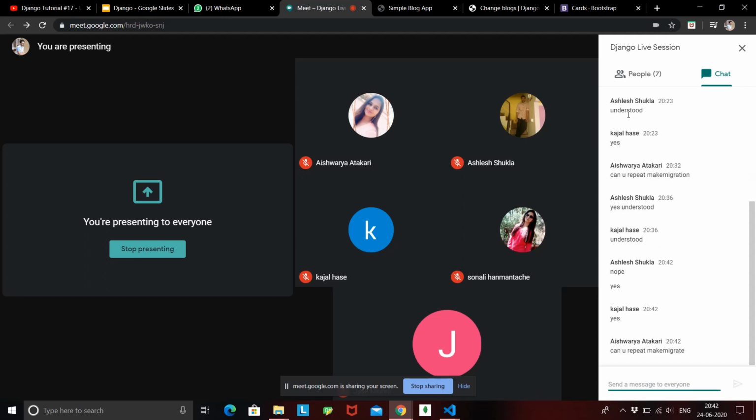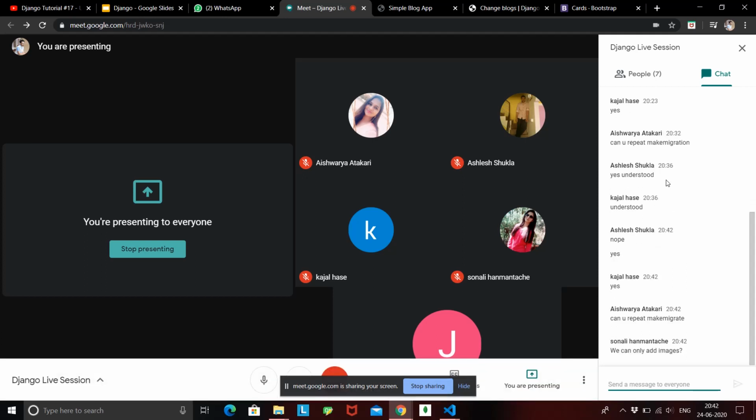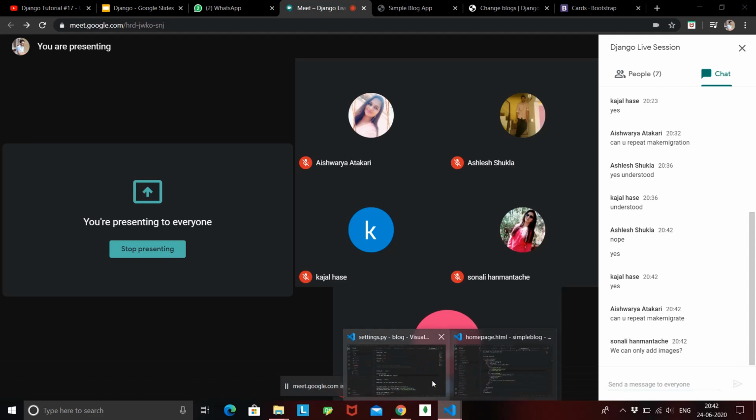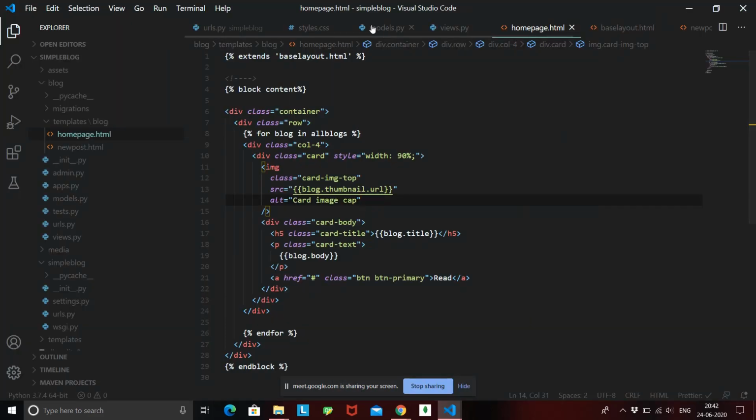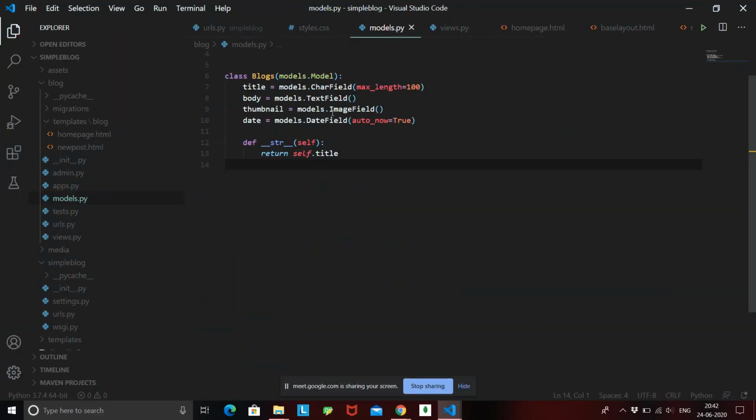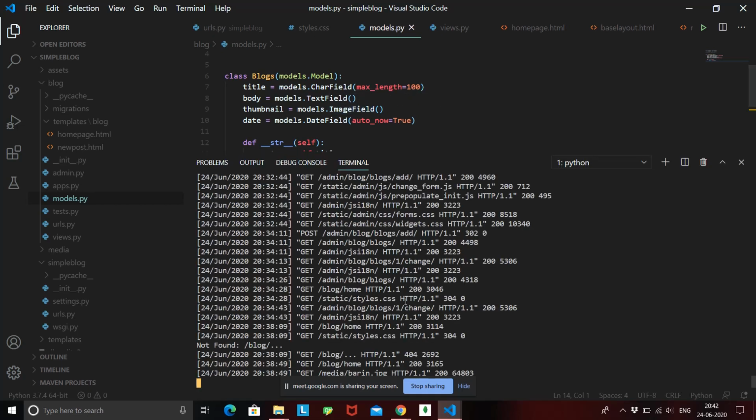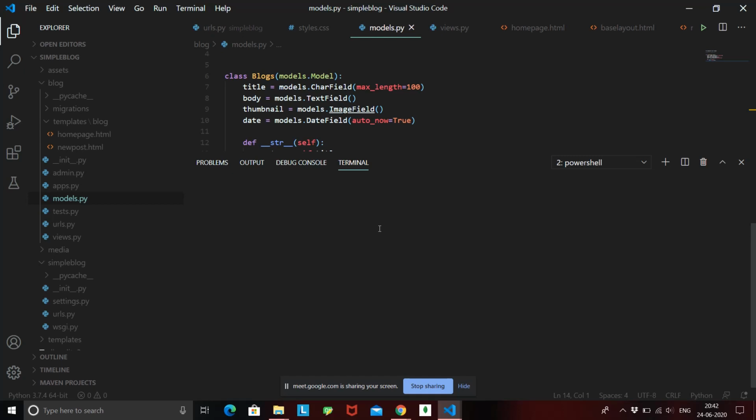Okay, you want to repeat the migrations. Okay, so it is not very hard. What you need to do is, once you have made changes to your model, just go to your terminal and quit the server or create a new terminal. So let's create a new terminal, and here all you need to do